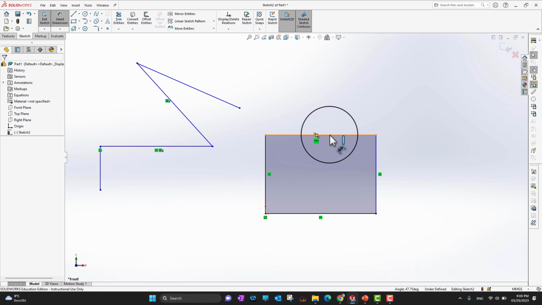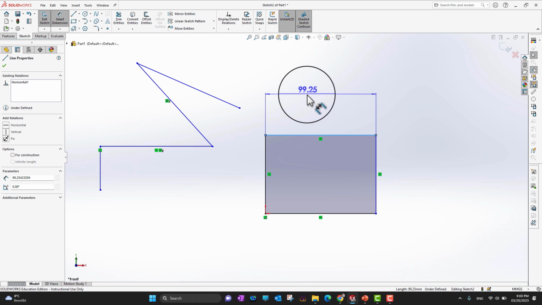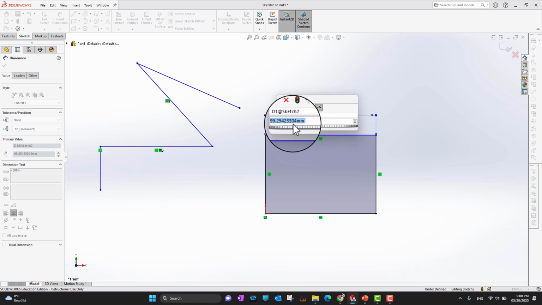So suppose I want to give dimension to this line, I can just click on it. There are 2 or 3 different ways to give dimension. So this is the simplest, the smart dimensions. So what I can do is I can just click on that, and then dimension is attached to my cursor, and wherever I click, I can move this number of the dimension anywhere I want to write. So I can just click anywhere, and then it's gonna ask